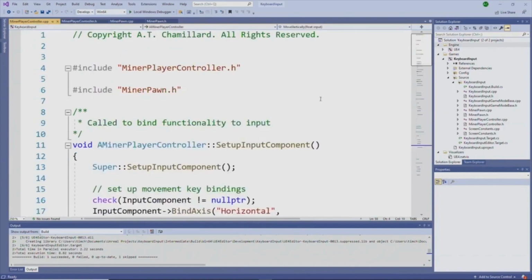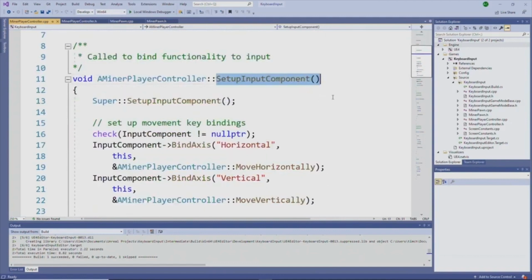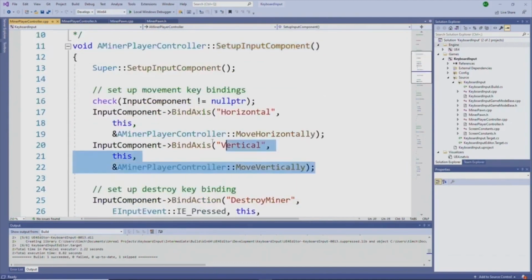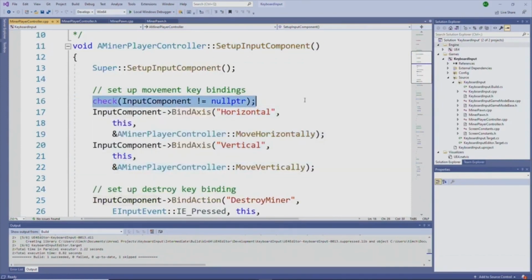Finally, in the miner player controller implementation file, I've added my setup input component function. And this stuff is new. Well, the assert isn't new, right? This is just making sure we did